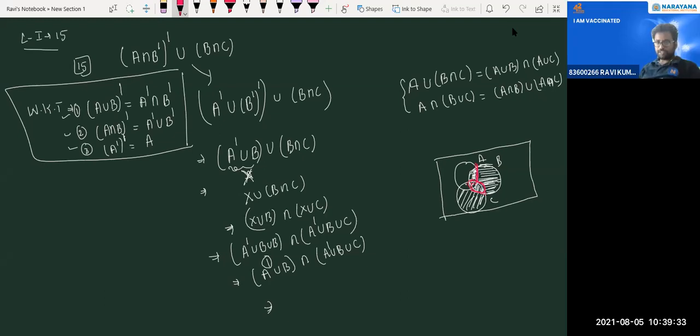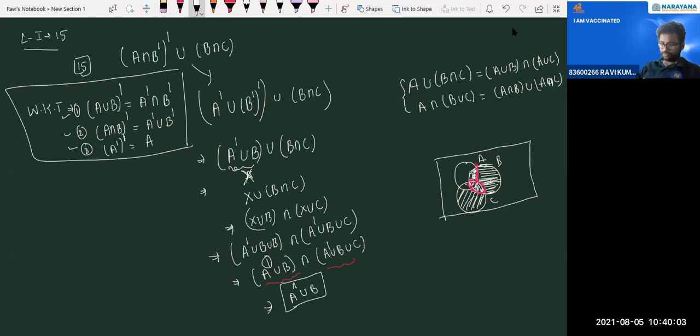Why? Because here we got up to here. Still, if you want to solve this, we can't take X. They're not given A, B any values. That's why I use the Venn diagram method. Using the Venn diagram method, I've done this. So this part will be that intersection part. This part will be there with both A complement and B also. So this will be A complement union B. That's the answer.